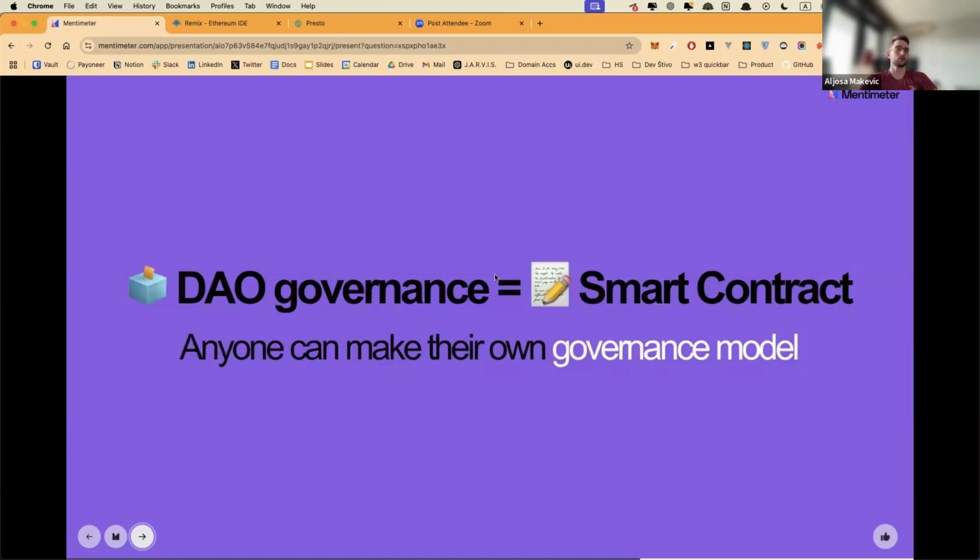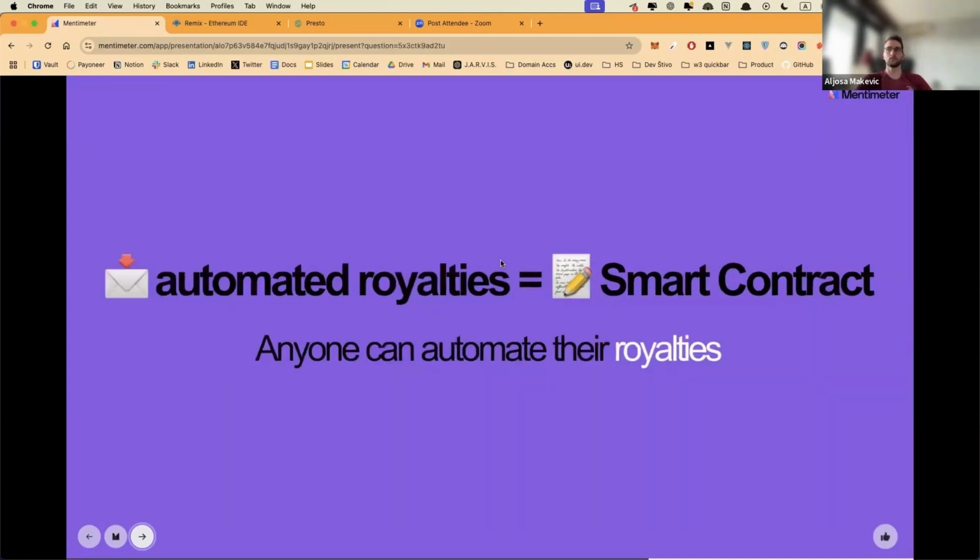So you just write a smart contract with custom logic. This is how you make rules. This is how many votes you need to make this decision. This is who has votes. One token is worth this many votes, and you're good. And you can make any custom logic you want, just like automated royalties for an NFT or a song you make every time it's sold. By default, you can have a percentage that's coming to your wallet the whole time. And you don't need any special third-party service or entity or bank to help you with that. It's all without middlemen now.